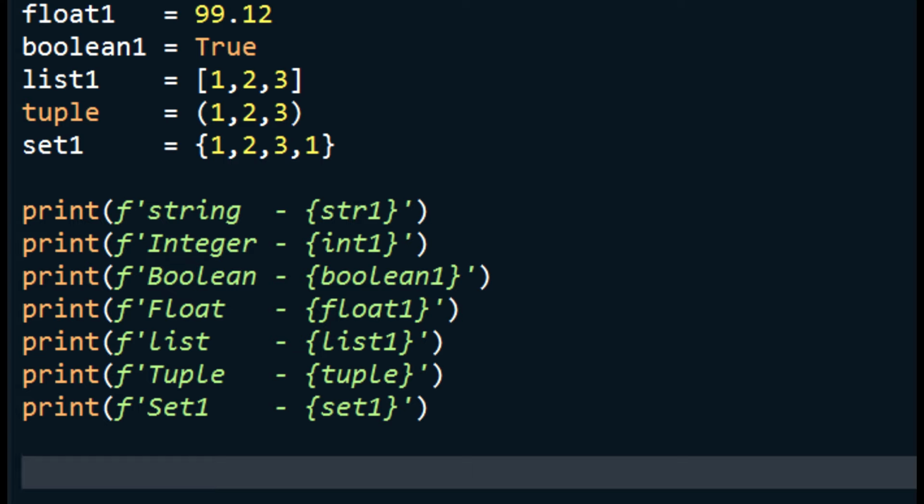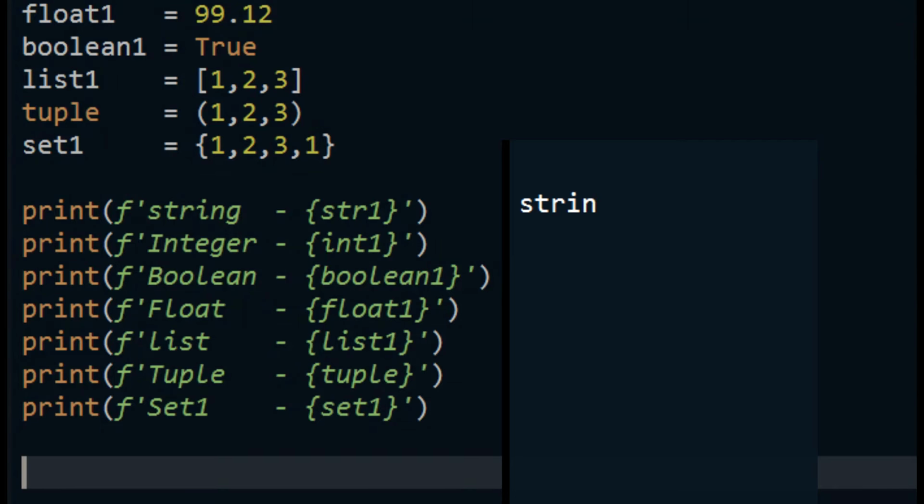The first statement is f in single inverted comma string, after that variable, and the same continues for the rest of the statements. So whatever is written in the curly brace, that will get evaluated.